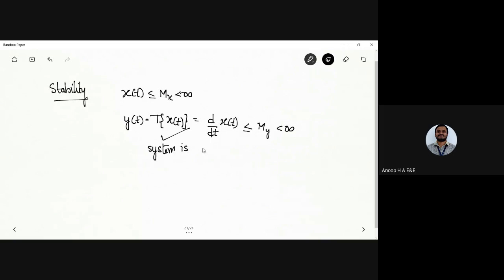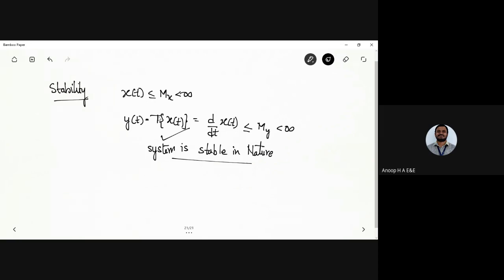The system is stable in nature. So we are going to call it like that. Okay, so I hope the system is well within the limit, and we can say the system is stable in nature. In some cases they would have mentioned instability. I think the reason is that it is a differentiator operator.